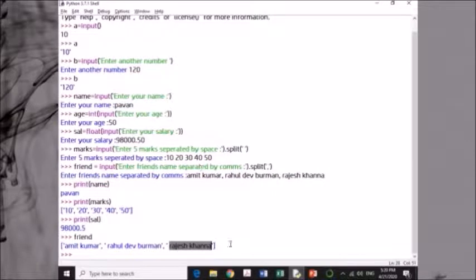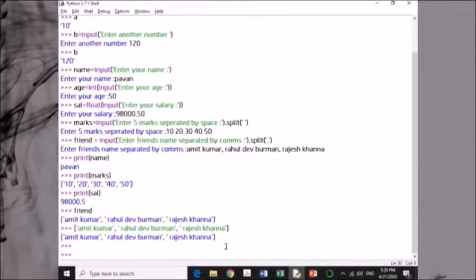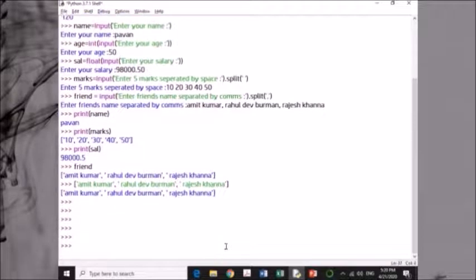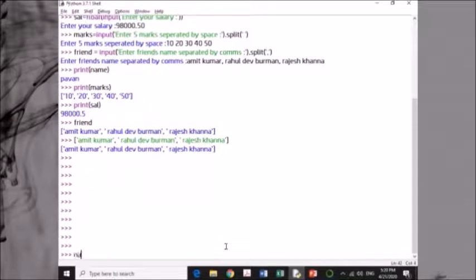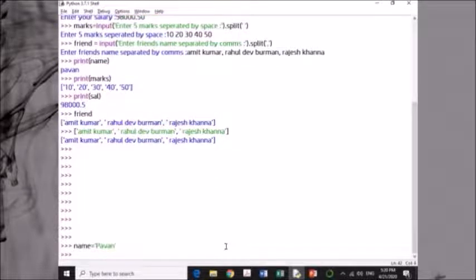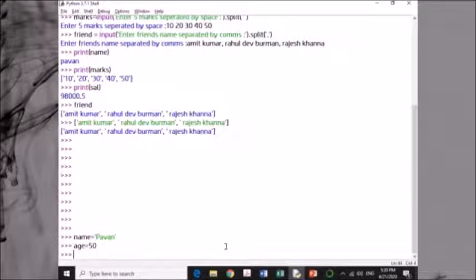It looks a little bit confusing, so we start from a fresh example. Say suppose name is equal to Pawan, age is equal to 50. I want to print my name is Pawan, age 50.